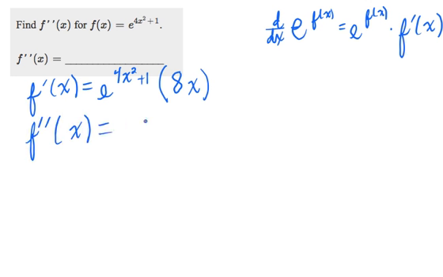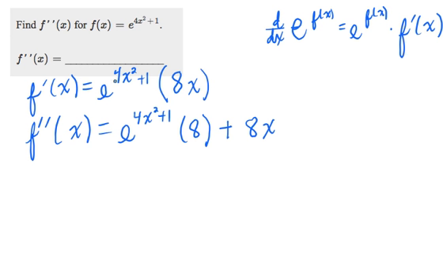Now for the second derivative, we've got to use the product rule because we have a product of two factors, e to this power and 8x. So by the product rule, we copy the first factor, multiply that by the derivative of the second factor. The derivative of 8x is 8, plus the second factor, 8x, times the derivative of e to the 4x squared